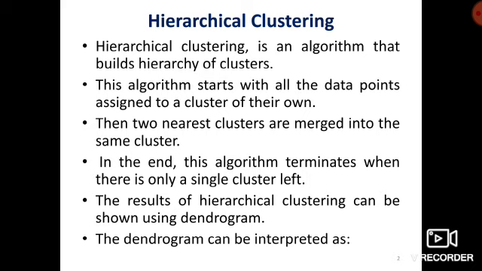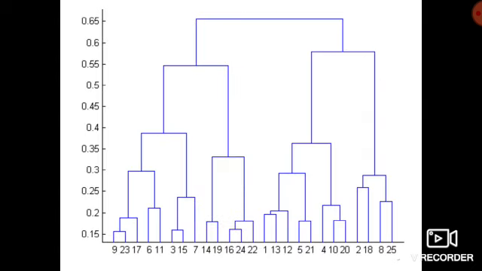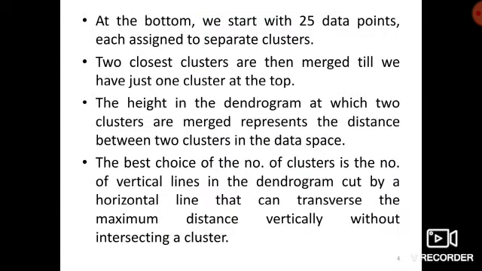Dendrograms can be represented as shown in the following figures. At the bottom, we start with the 25 data points, each assigned to a separate cluster. The two closest clusters are then merged. We will have just one cluster at the top. The height in the dendrogram at which two clusters are merged represents the distance between the two clusters in the data